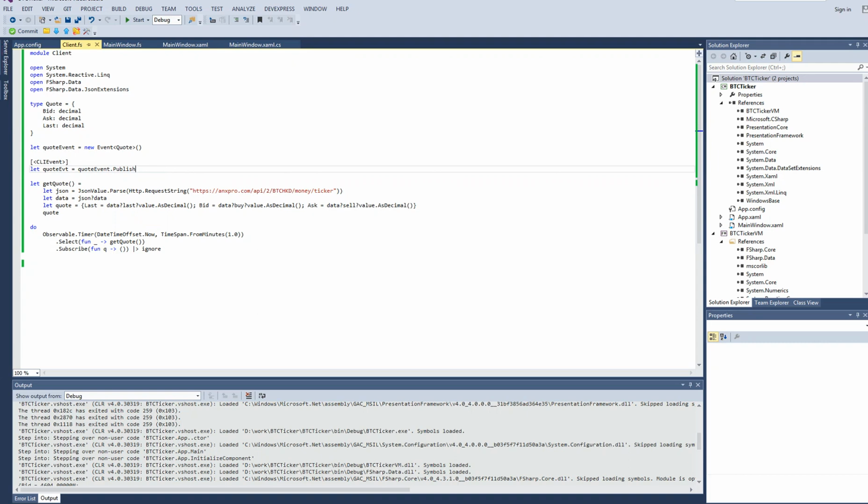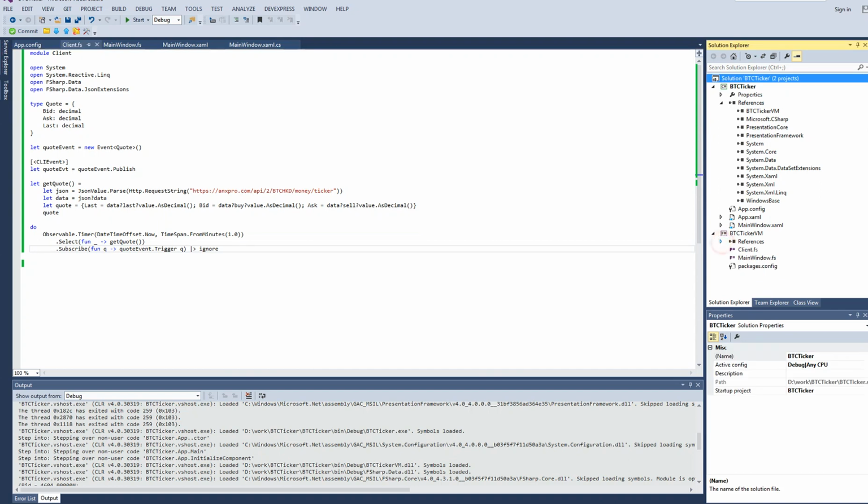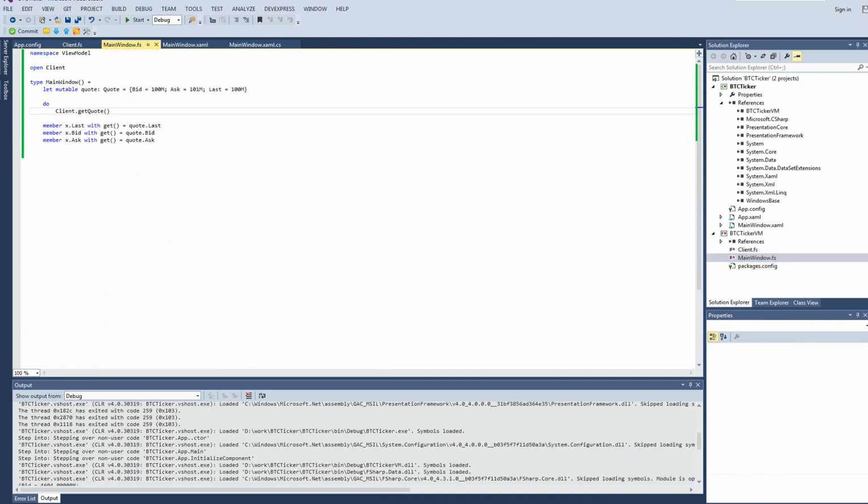So now I replace that guy with code event dot trigger that publishes my code. Okay, and on the other hand, so that would raise this event every time a new code arrives, so once per minute. And on the other end, on this guy,